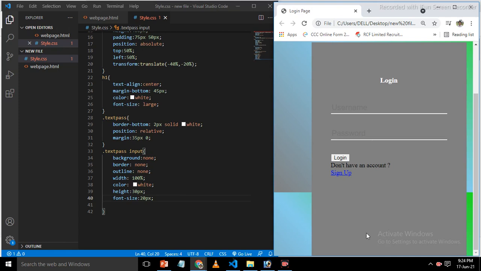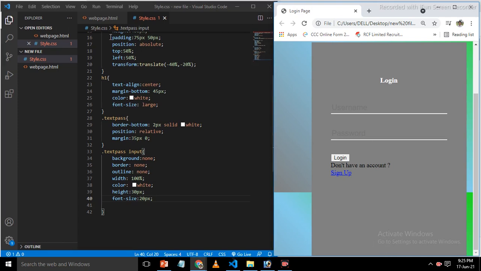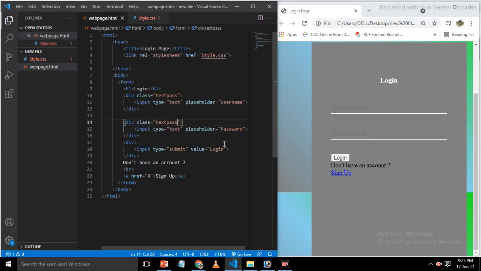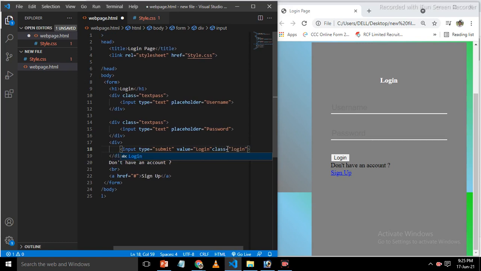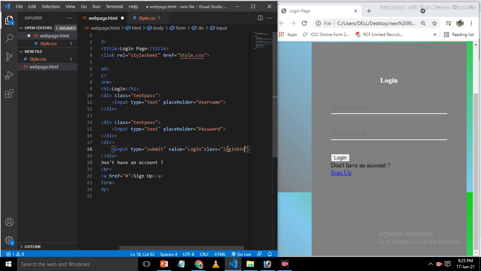Now we make some changes in the login button. Now we give a class to the login button. Here login, here we give a class login btn. Okay, and according to this we make changes in the CSS style.